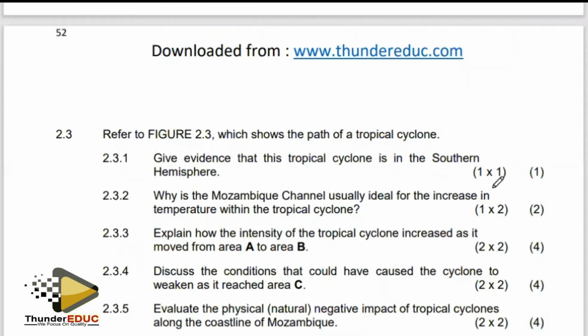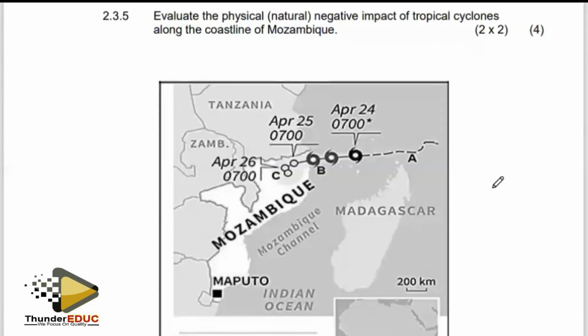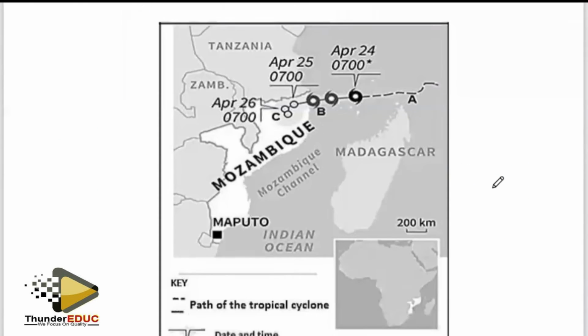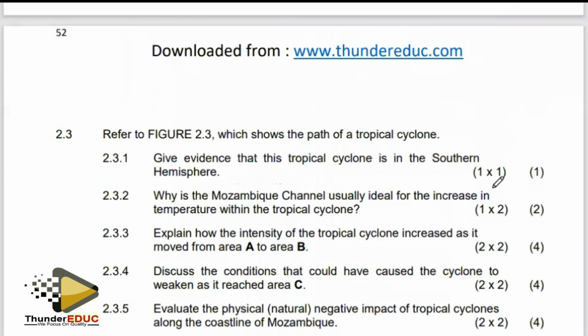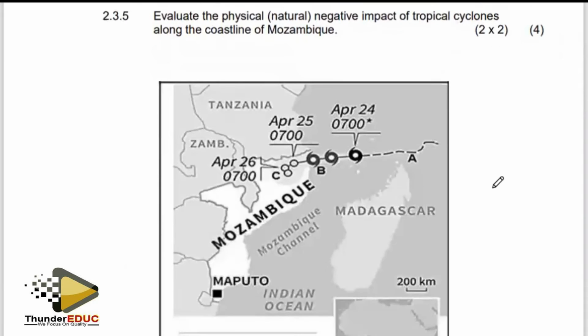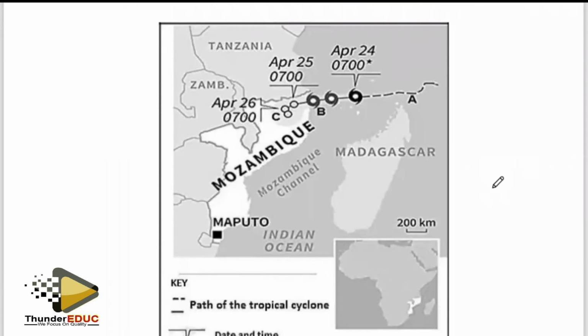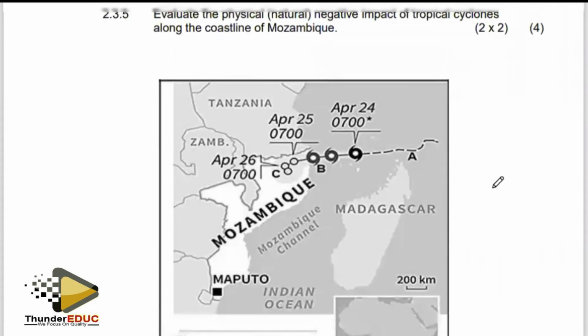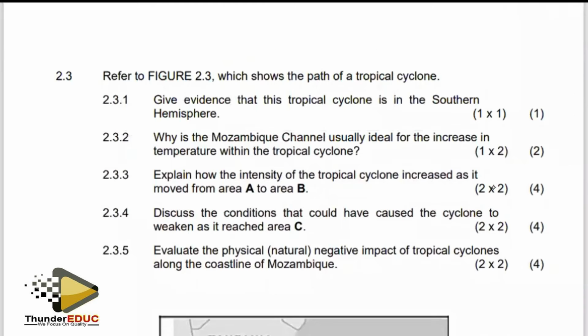Question 2.3, the figure shows the path of a tropical cyclone. They're saying give evidence that this tropical cyclone is in the southern hemisphere. How do we tell it is in the southern hemisphere? Firstly, we can indicate the clockwise rotation, the clockwise symbol,